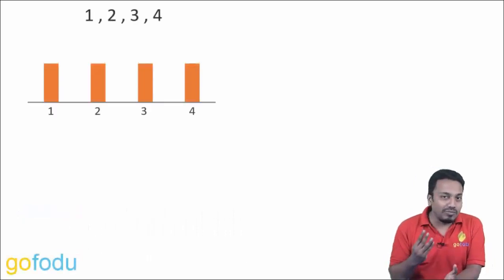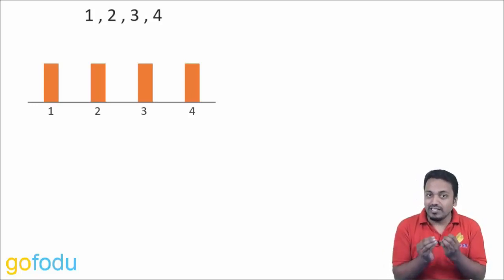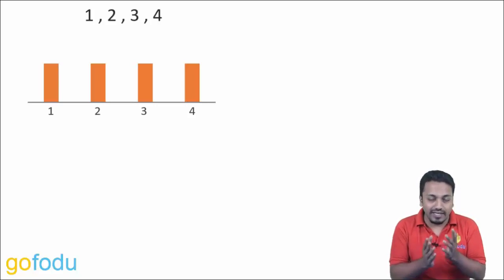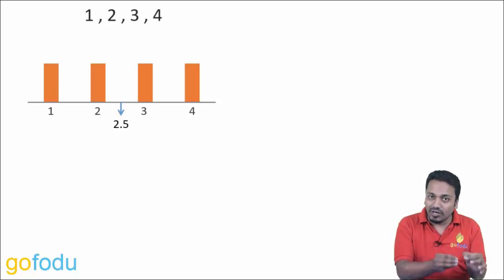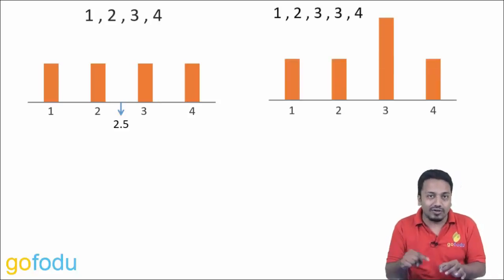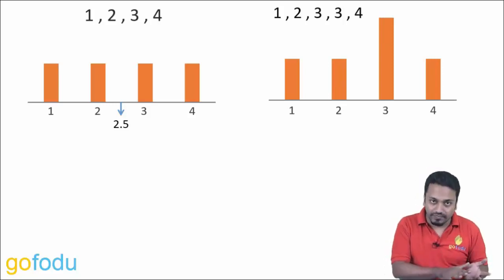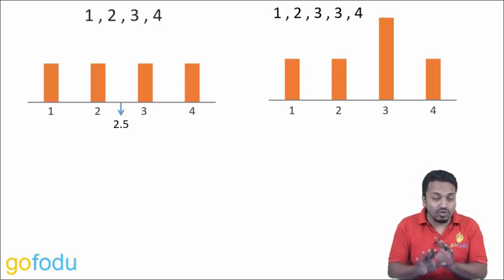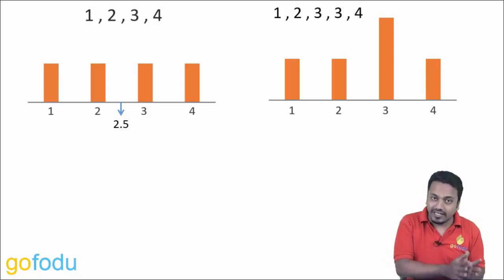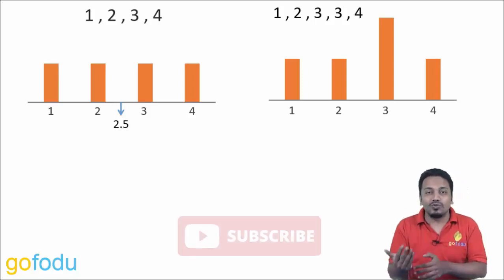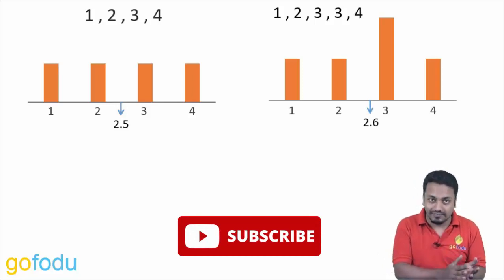Let's say we have four numbers 1, 2, 3 and 4. Their average will be sum divided by 4, 10 upon 4, that is 2.5. If there is one more 3 in the group, now the weight of 3 is more as there are two 3's. Rest all digits have single entries only. So as 3's have more weight attached to it, it will have more influence over the overall average. Average will move towards 3.